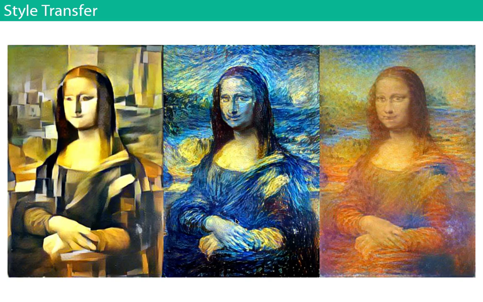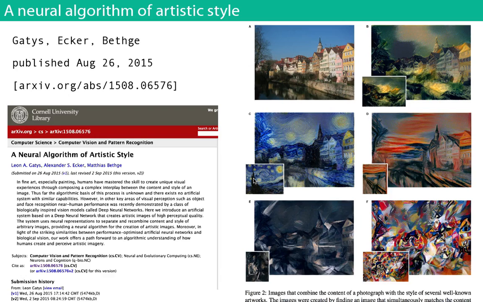Exactly, and the style image is Starry Night. So we reproduce Mona Lisa in the form of Starry Night. And then this is sort of Cubist form, and then this is Impressionist Claude Monet form. And style transfer was initially demonstrated last year, still less than a year ago. So nothing like this had been seen before.